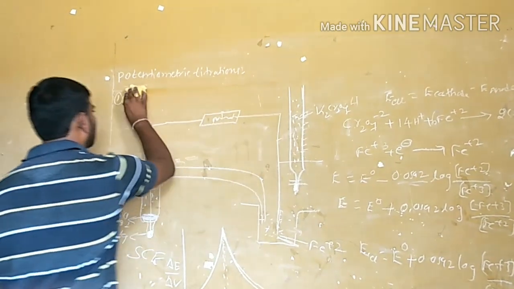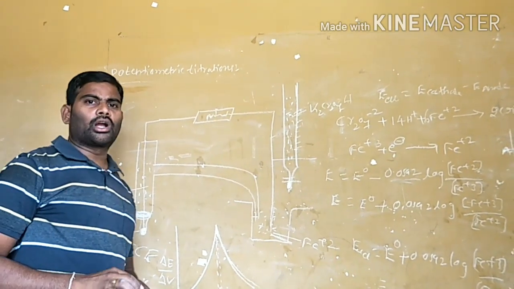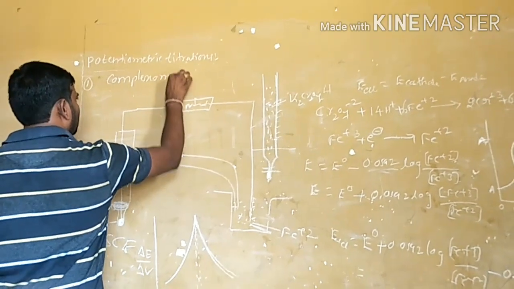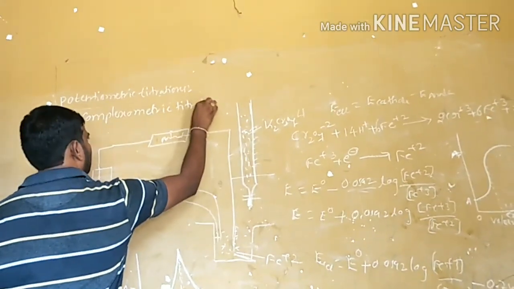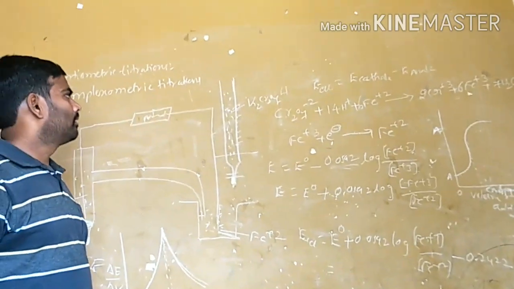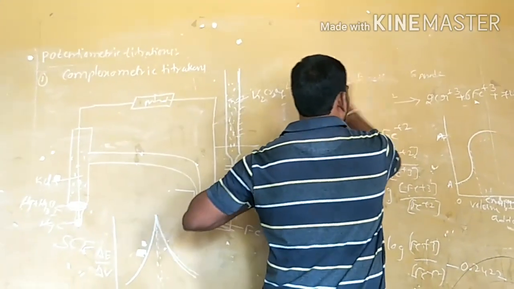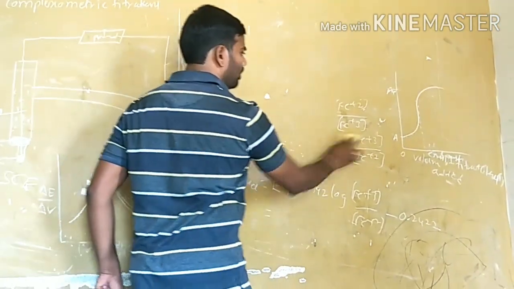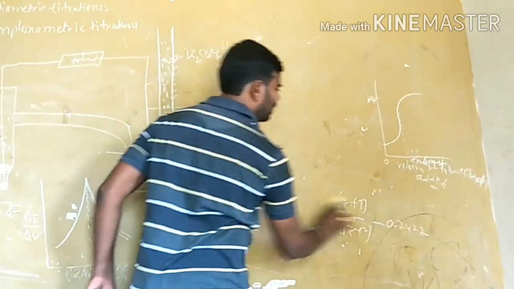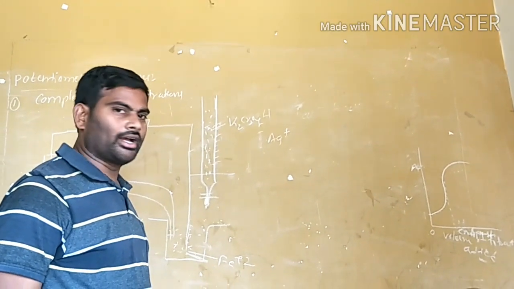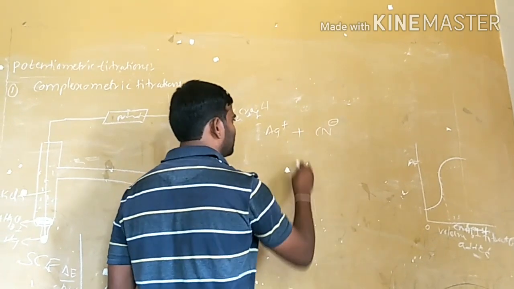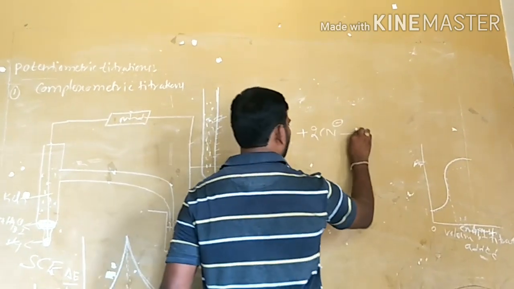The next type of potentiometric titration is complexometric titration. In complexometric titrations, the potential mainly depends on the formation of the complex. For example, the titration of silver ions with cyanide ions, producing